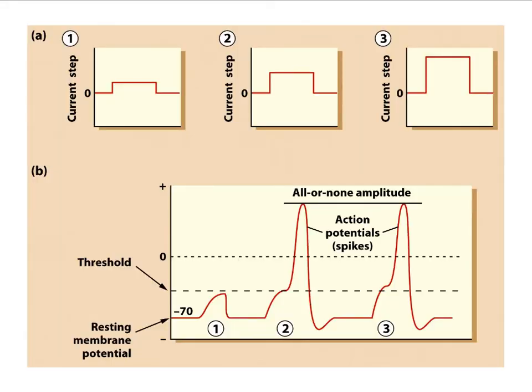So in other words, the all or none amplitude means that the amplitude of the action potential is independent of the current that you put in, such that you have a threshold here that you have to reach. If you don't reach the threshold, no action potential. If you reach the threshold, you get an action potential that again goes through those phases, comes down, hyperpolarizes, and then goes back to resting membrane. If you overshoot the threshold, you still get an action potential that goes up to the same ceiling and comes